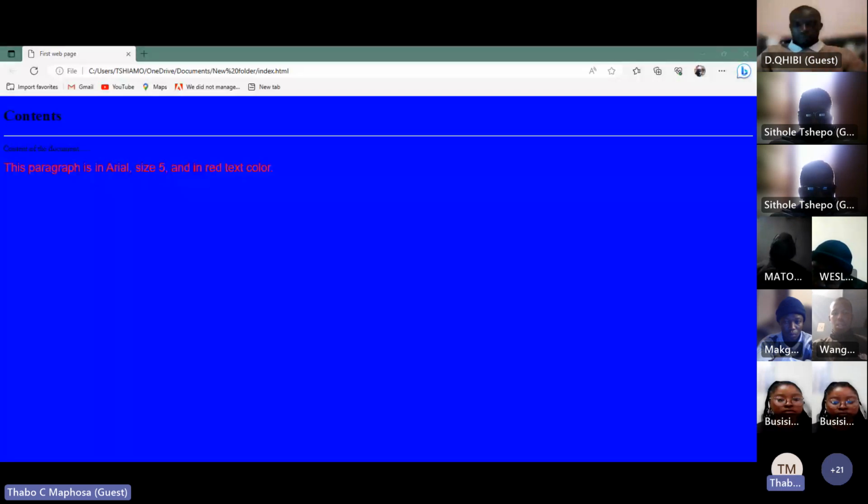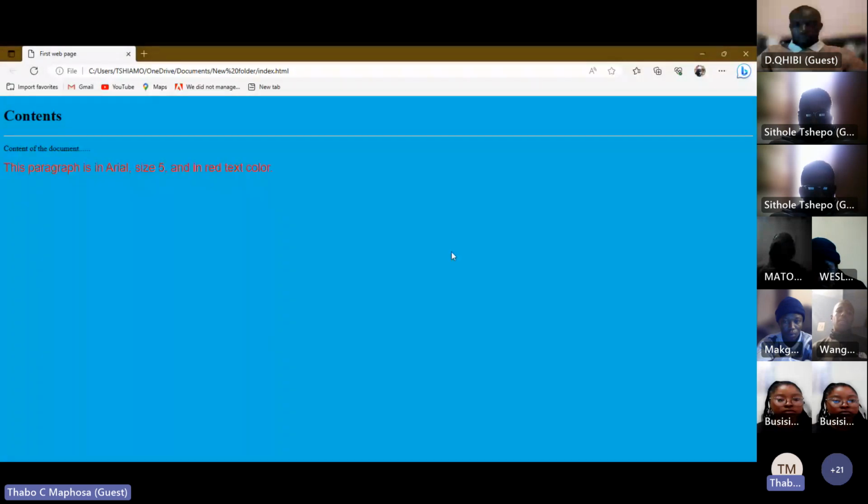let's say, what color is nice? Maybe let's use sky blue. Let's hope sky blue is gonna work. But let's see. I'm trying to see if the sky blue is gonna work. Oh, yes, it did. Notice here, I just changed the color, just wrote sky blue. Now the background color is changed, and the font size is still the same.